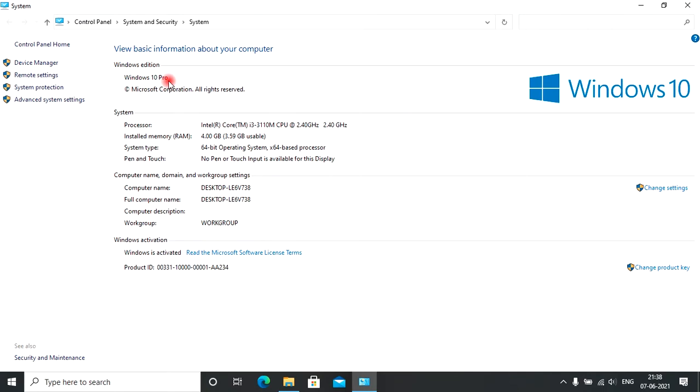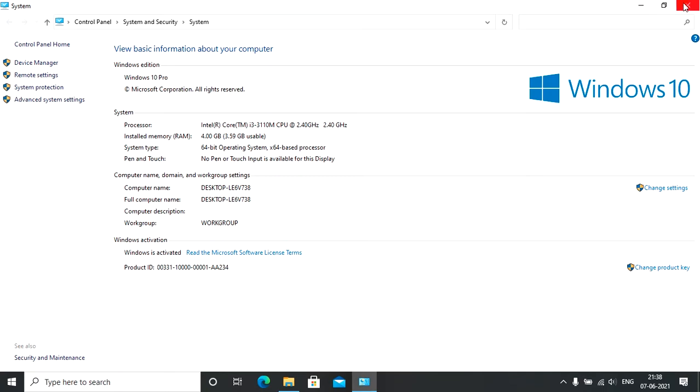It should be Windows 10 Pro or Windows 10 Enterprise. You cannot create the virtual machine over the Windows 10 Home Edition. And you can see here my system type is 64-bit.